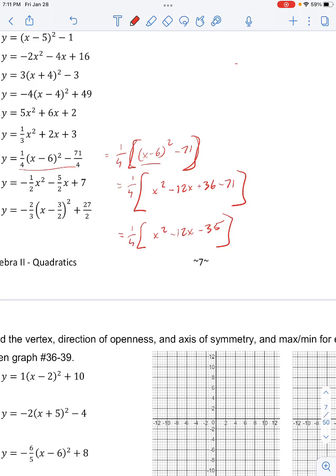It's very hard to see, but in any case, factors of negative 35 would be negative 5 and 7, negative 7 and 5, negative 1 and 35, 1 and negative 35. None of these add to negative 12, so we can certainly say that this is not factorable,